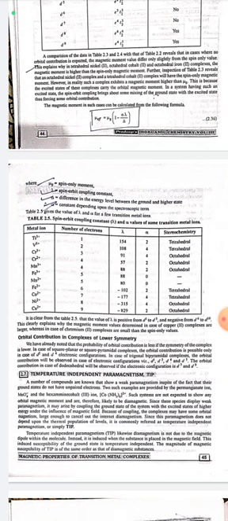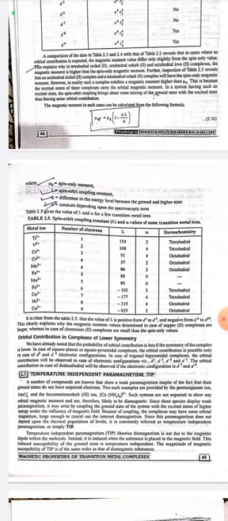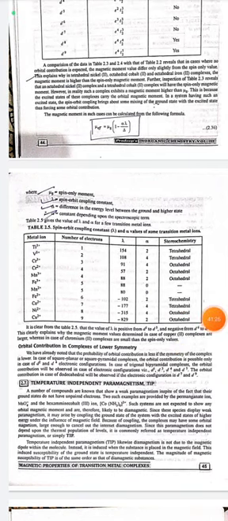Orbital contribution in complexes of lower symmetry. We have already noted that the probability of orbital contribution is less if the symmetry of the complex is lower. In case of square planar or square pyramidal complexes, the orbital contribution is possible only in case of d2 and d4 electronic configurations. In case of trigonal bipyramidal complexes, the orbital contribution will be observed in case of electronic configurations d1, d3, d4 and d5.